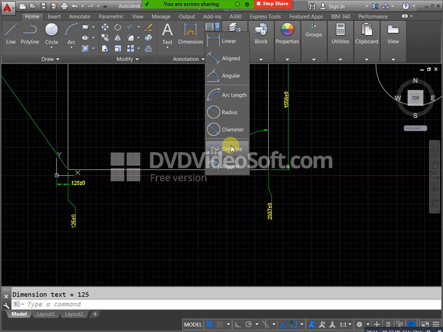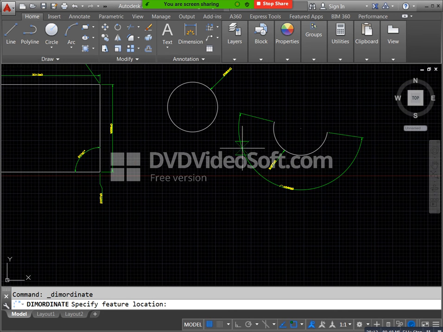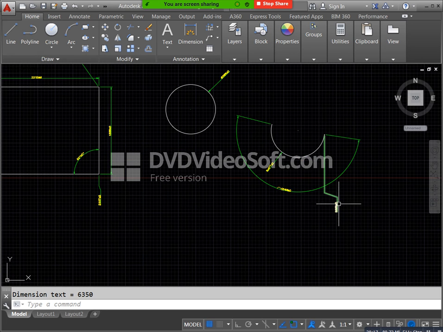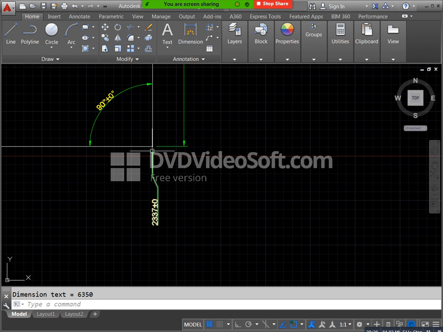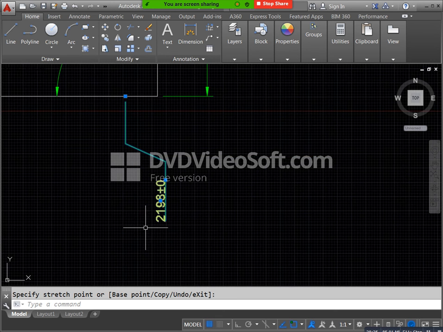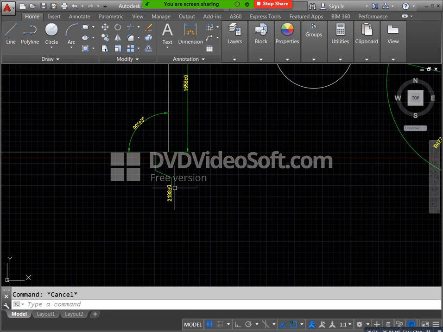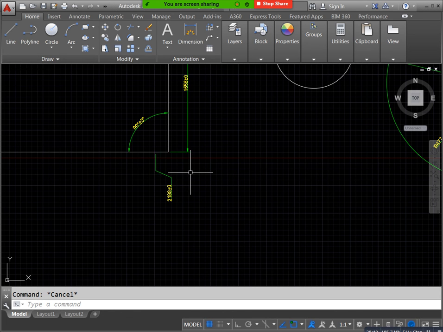This point you can change, automatically decreasing your length also. If you need to change your ordinate like 0 origin, okay, we can change.